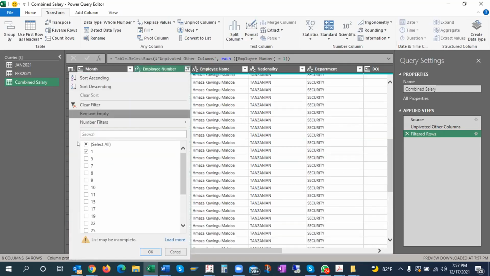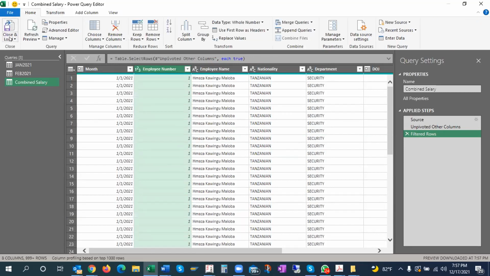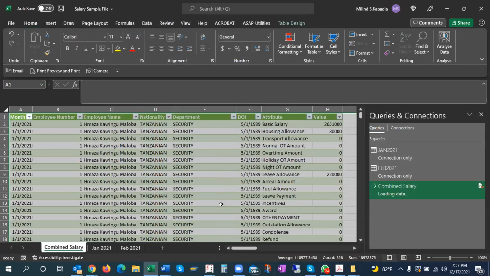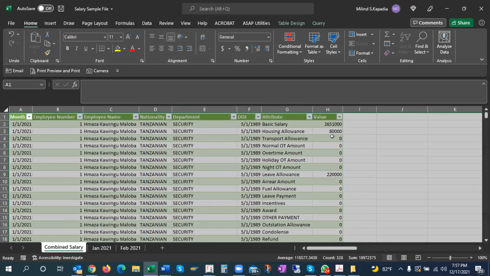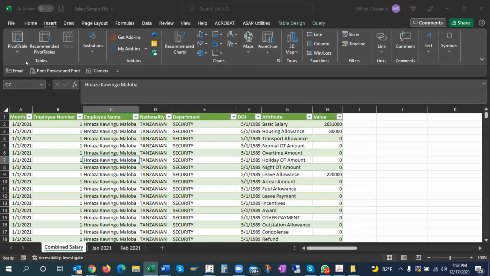Let me just unfilter the data and let me load it again. So now the format has changed. You can see the format earlier was different and now it is changed. Now I want to convert this into a pivot table. So I'll say insert a pivot table.